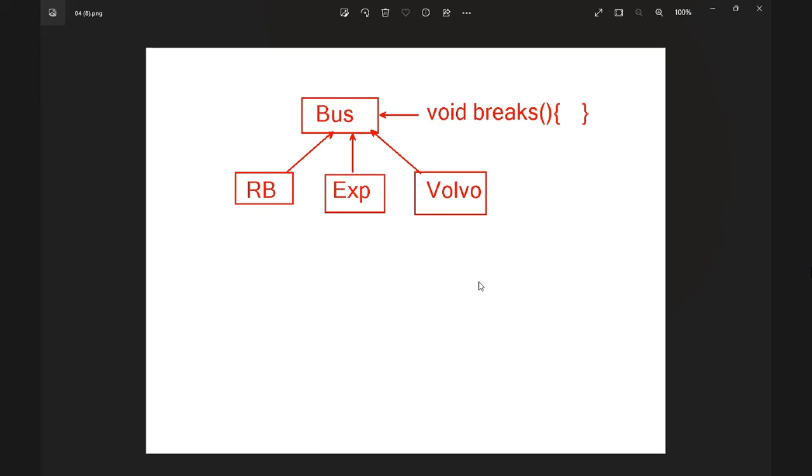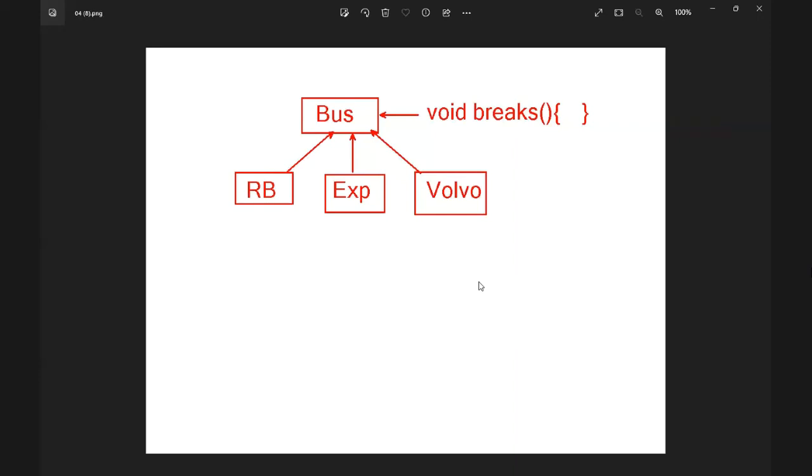If you change the logic in the bus itself, then the change will be applied to all three classes. Who wants different logic? Volvo. Then only Volvo should change that logic. That means he has to take that method as it is in the Volvo class, remove that logic and write his own logic. That concept is called method changing, technically called overriding.